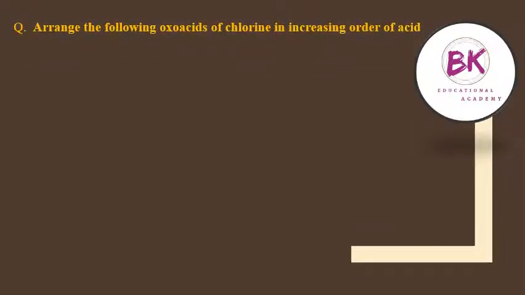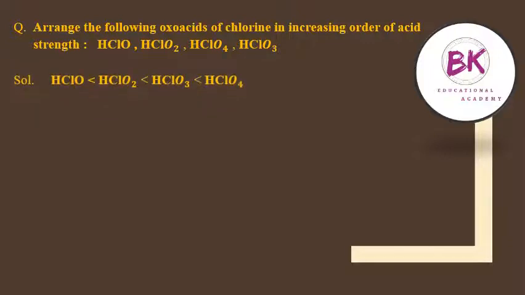First question, arrange the following oxoacids of chlorine in increasing order of acidic strength, and the oxoacids given are SeLO, SeLO2, SeLO4 and SeLO3. So the answer, the correct order in increasing order of acidic strength is this, in which SeLO4 will have the highest acidic character and SeLO will have the lowest acidic character, because as in our previous video I have already discussed the reason of this question as well, because SeLO4 the conjugate base, this will depend,